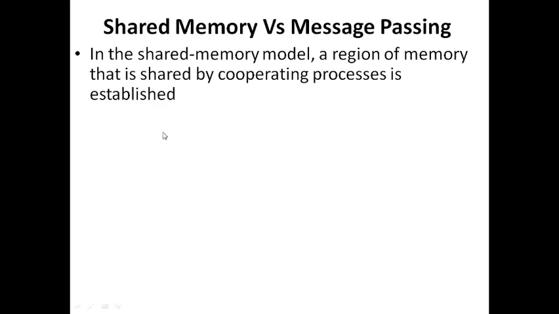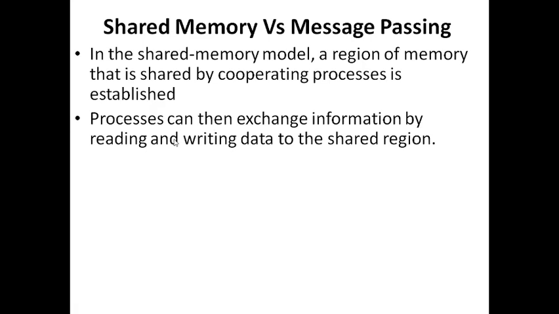Once the memory is established, processes can exchange information by reading and writing into that shared memory. Once the memory is agreed, and the OS has acknowledged that this memory can be used for communication, it is just a matter of normal read and write statements. It does not require any special privilege hereafter. The processes can simply access their own memories with no support from the operating system.